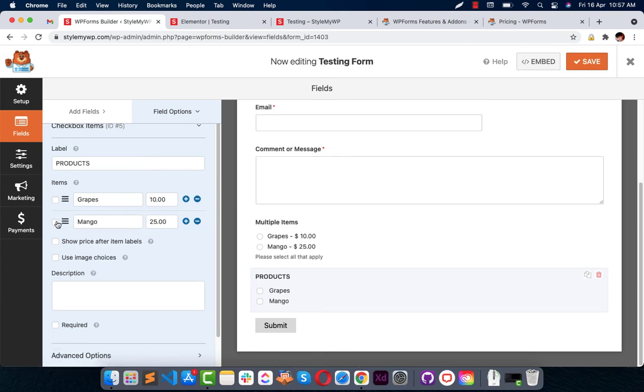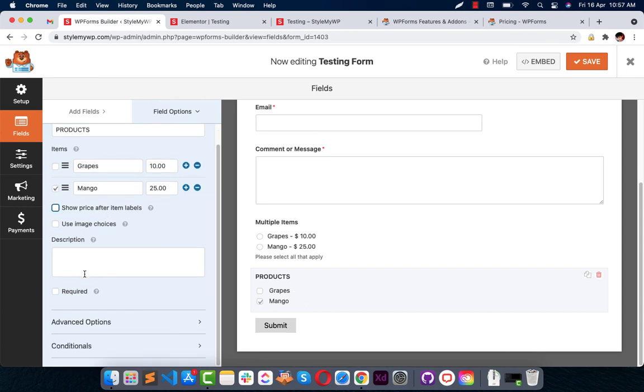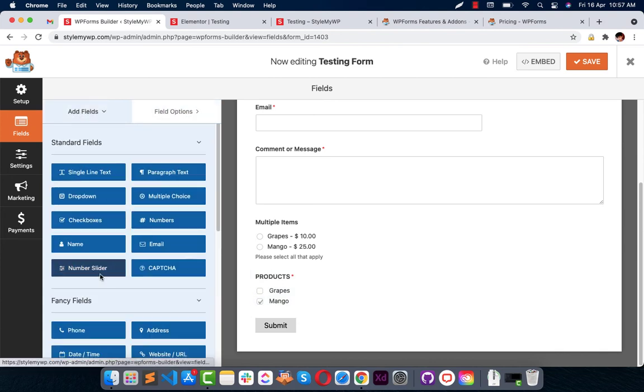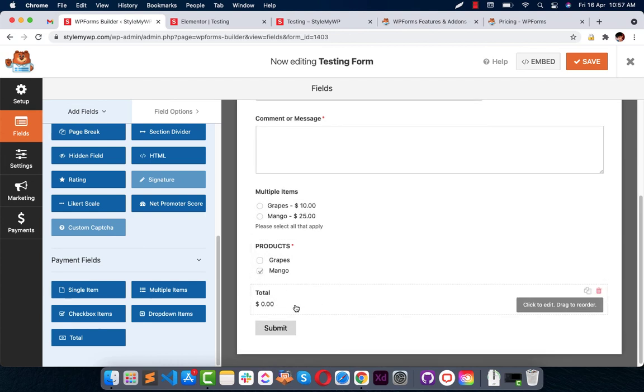You can keep a default item, and show the price or not, and keep it required, and add a field for total, so it will show the total to your users.